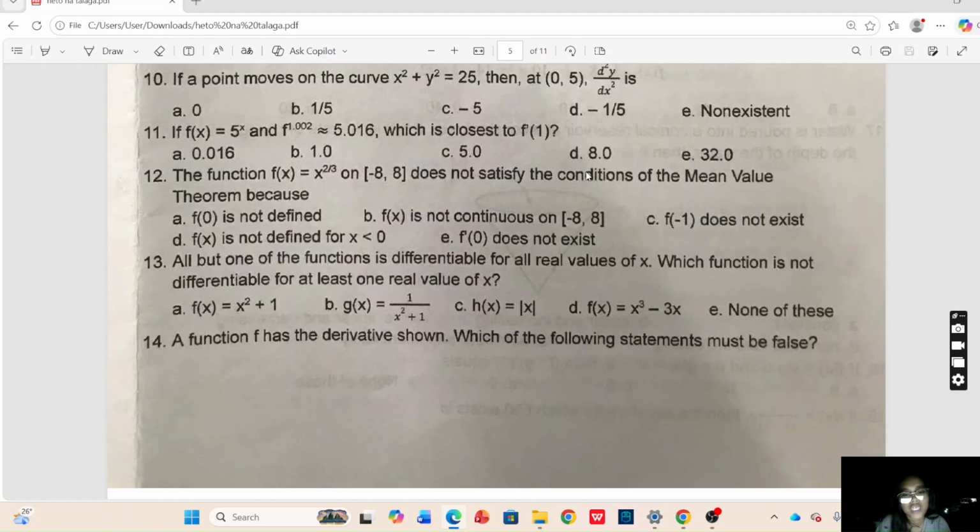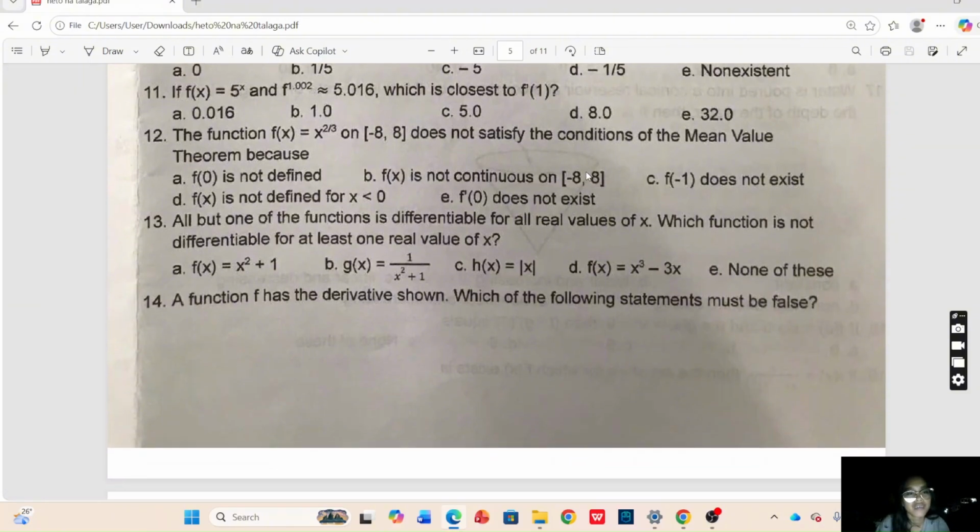And we first differentiate implicitly to obtain the first derivative, then differentiating both sides gives 2x plus 2y multiplied by y prime equals 0. And solving for y prime gives negative x over y. So we then differentiate again to obtain the second derivative, and after substituting the point (0, 5), the result becomes negative 1/5. Therefore, the correct answer is negative 1/5.